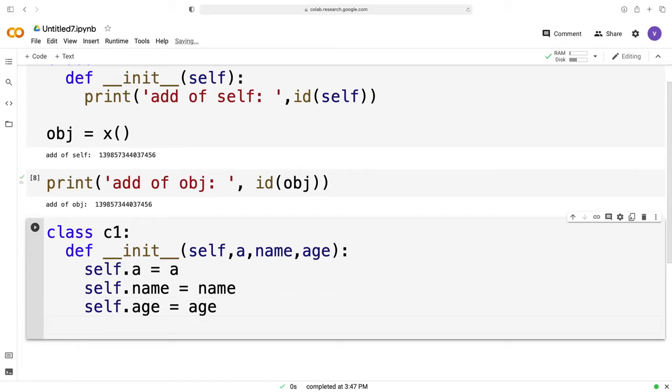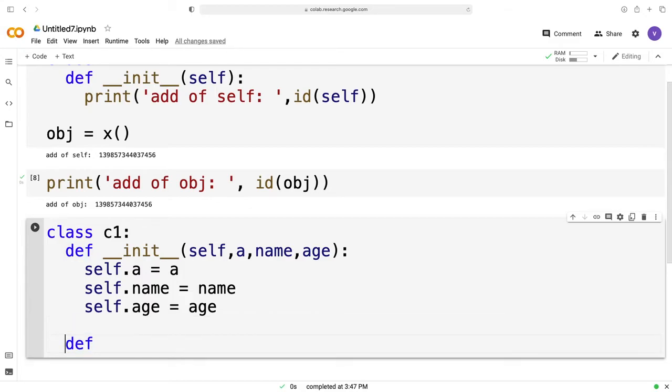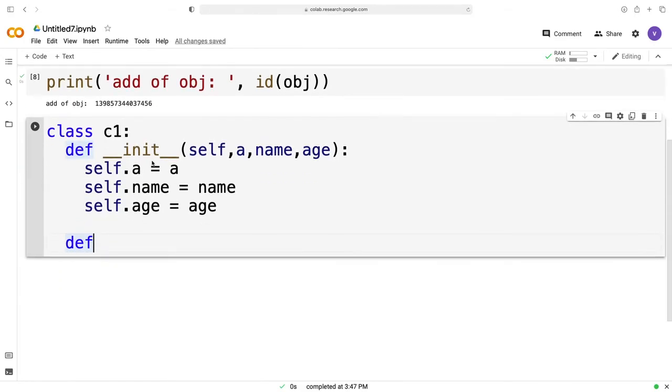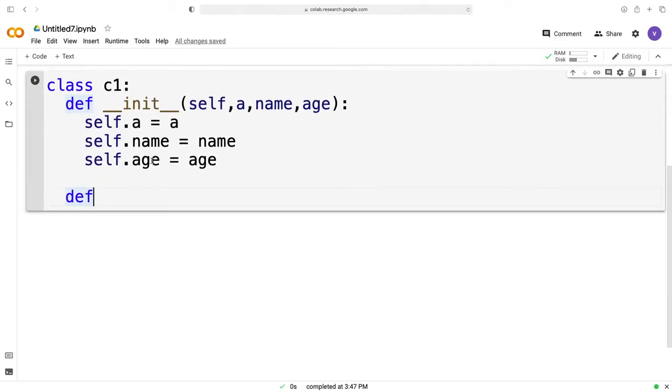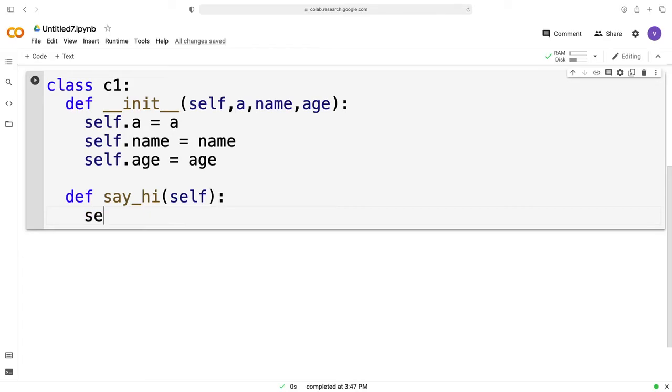All right. Now, after defining, what I want to do is create another method. I'm going to name it say_hi, and I'm using self to access the name.